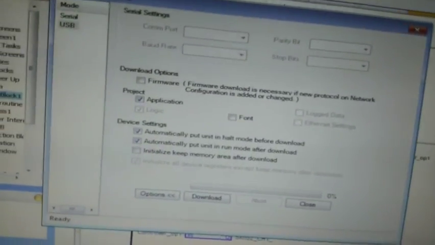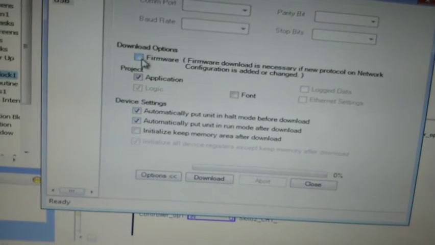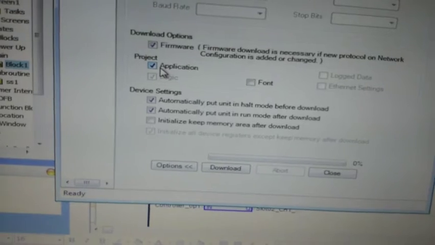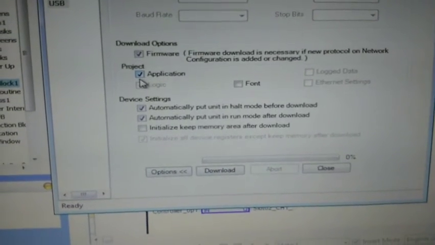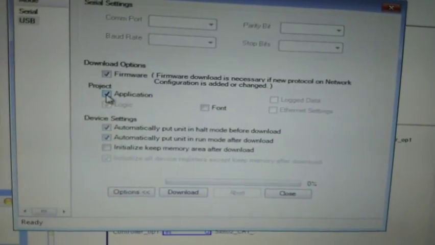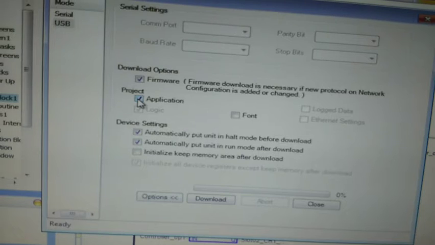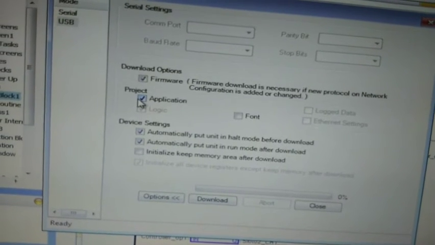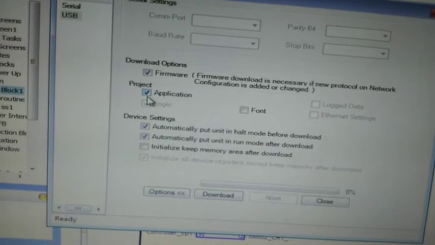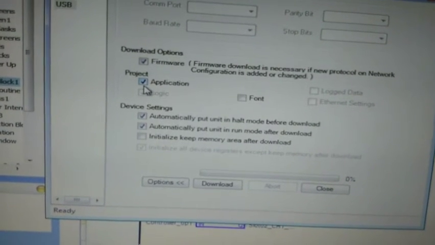This window will appear. Here you have to select the firmware as well as the applications. You must select the applications, then only the HMI screen will work. If the application is not selected, it won't connect with the PLC, and you may not be able to control through the HMI screen.